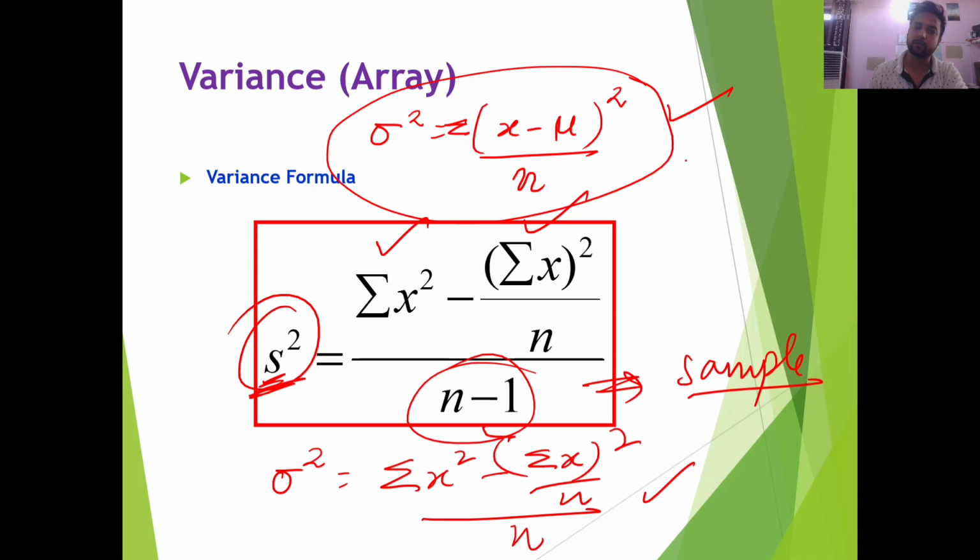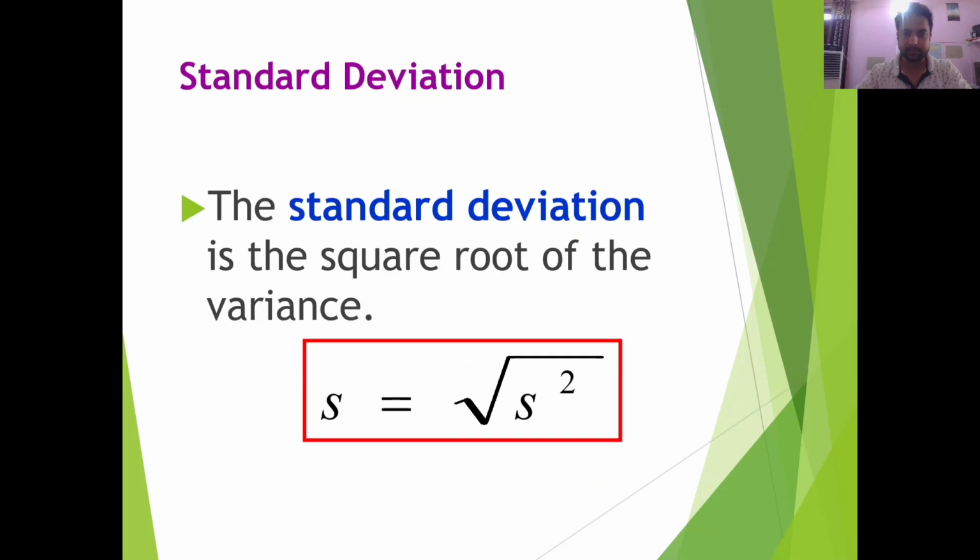So there are two formulas. You can use any of them. In my personal opinion, this one seems to be quite easier, because here you need not calculate the mean and all. Okay, so let us see one example over here. Before doing that example, I have already told you about something called standard deviation. Standard deviation is actually the square root of variance. And if someone asks you what is variance, variance is actually the square of standard deviation. So both of them are